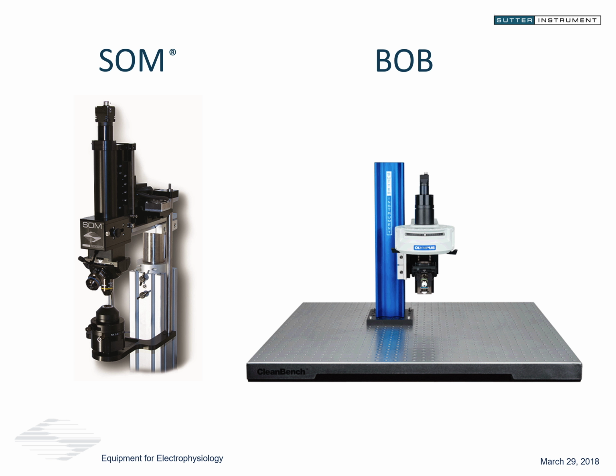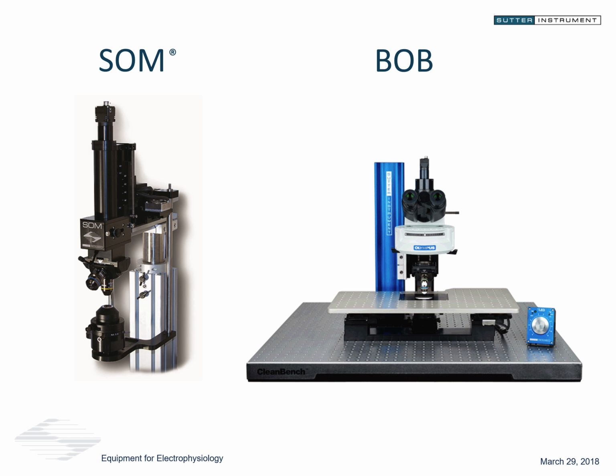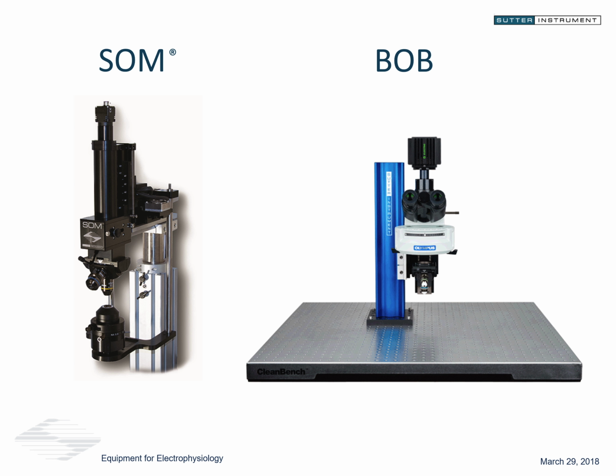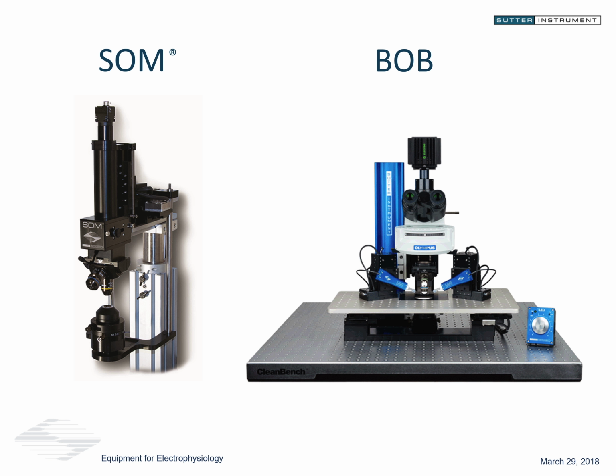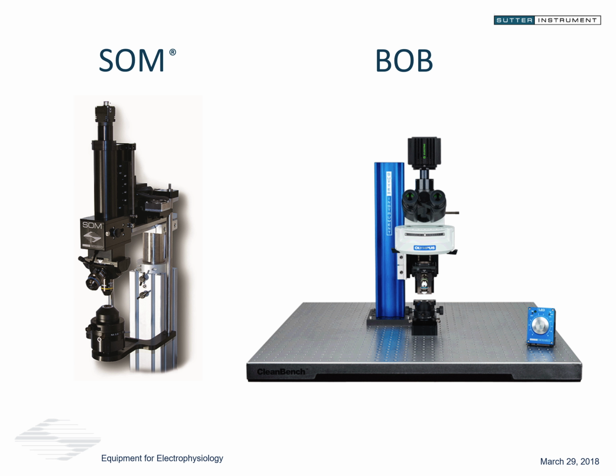Meanwhile, the Bob, on the other hand, is also an open platform microscope that gives a lot of open real estate underneath the microscope, with flexibility on how the microscope is mounted to the blue rail that you see there. This allows for setting the microscope up for all kinds of applications. So a very flexible design, depending on how it's configured.